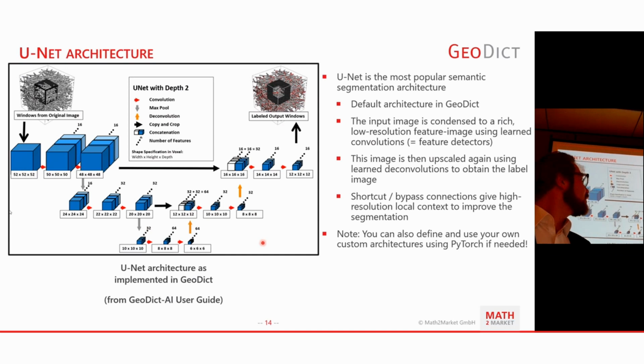Note here that, and I mentioned yesterday that we're using PyTorch now. We used to use TensorFlow, we use PyTorch now. But in Geodict 2024, you can, if you want, also use your own architectures there. You can maybe download something from GitHub and plug that into Geodict, assuming that it works on 3D. Many implementations that you will find of UNet are by default still 2D, I suppose, but there are more and more 3D implementations coming up. So if you find an alternative that you believe might work better, you can plug it into Geodict.